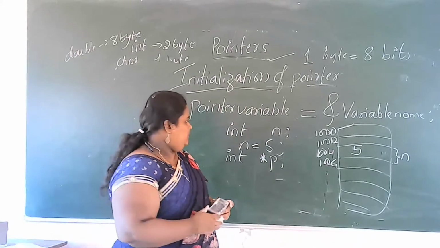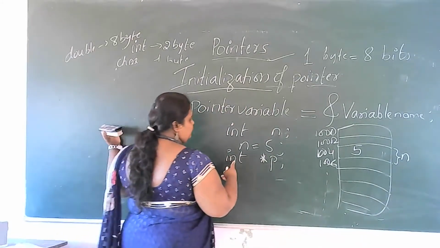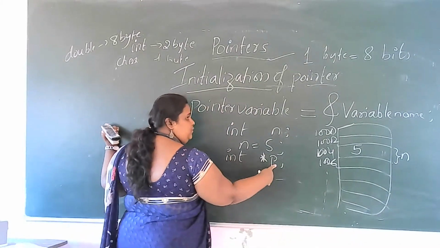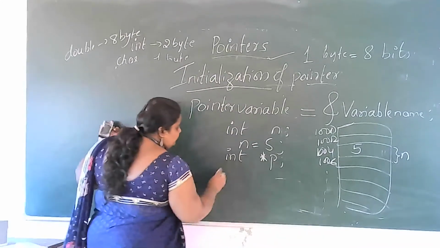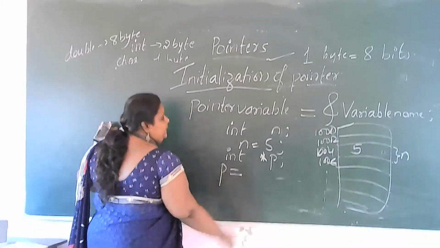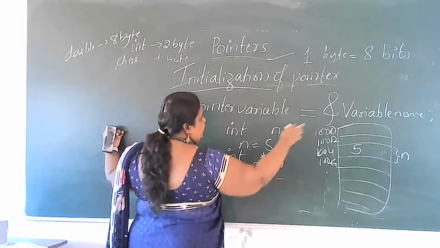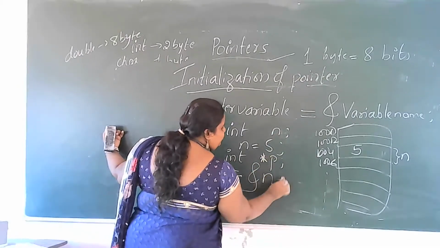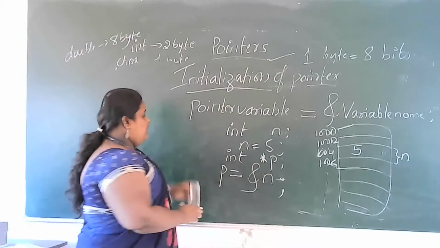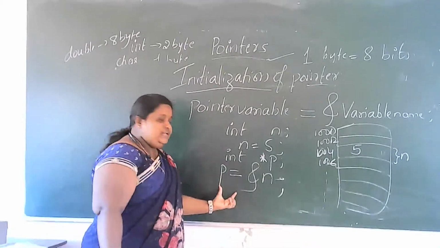Now what are you doing? You create a pointer variable, int star p. How do you initialize that pointer variable? With ampersand and the variable name, that is, the variable name n. Now what will we do? Value of